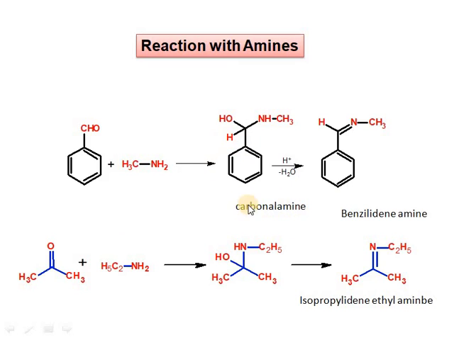This is a carbinolamine. The first step is a nucleophilic addition of the amine to the carbonyl group to give an intermediate compound, and then in the presence of an acid, the carbinolamine undergoes dehydration and gives an unsaturated compound